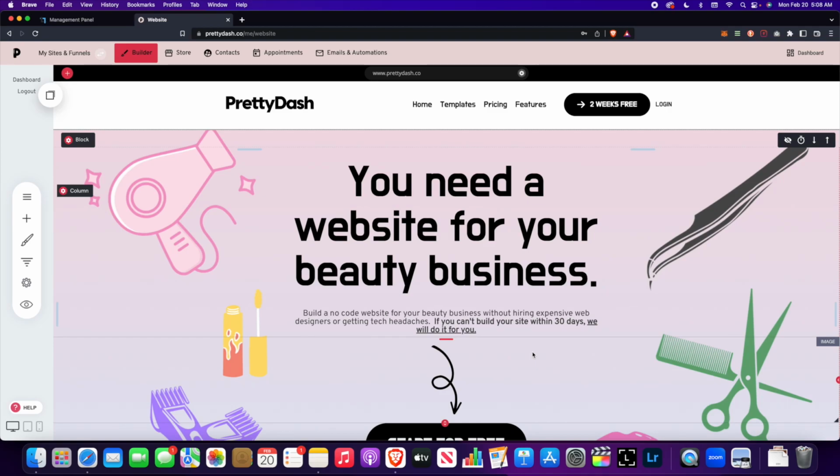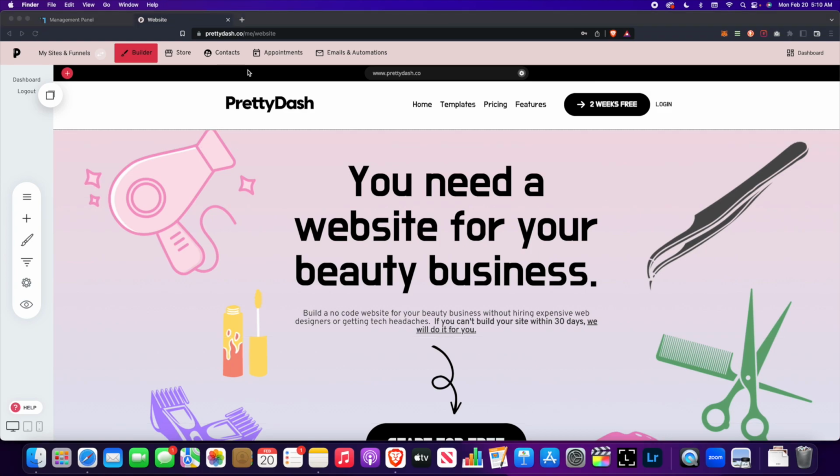I'm going to be showing you how to build the header part of your Pretty Dash website. Now the header is just this section right up here, and you can use this across all of the pages of your website. So it's not something that can be used on your funnels, it's more just for your main website. So we will create a header today that looks similar to this,